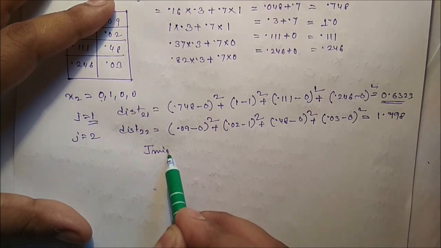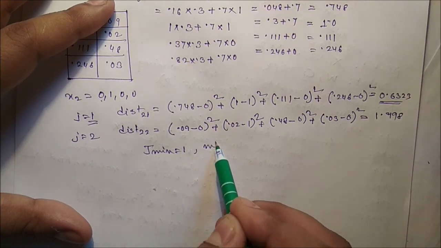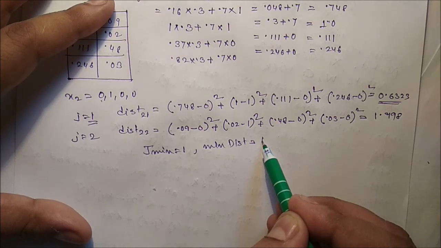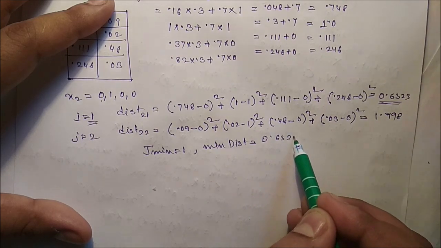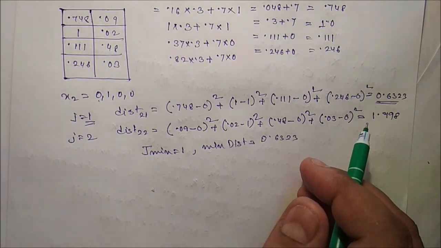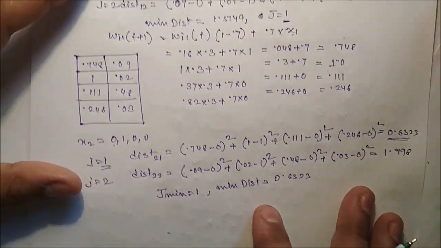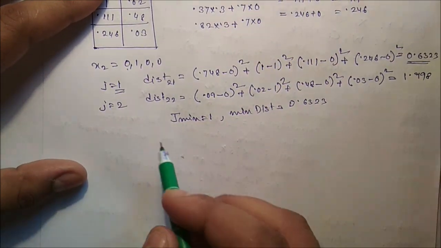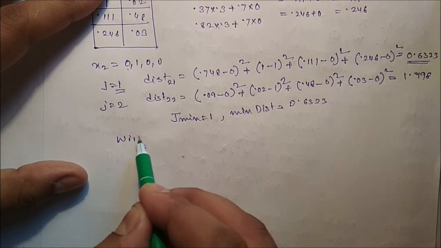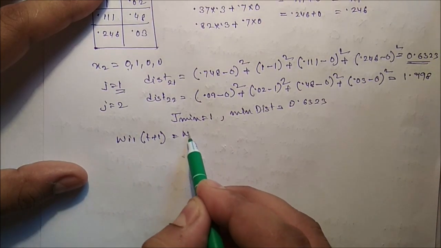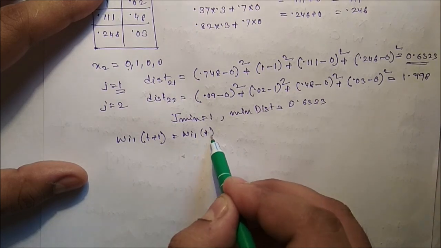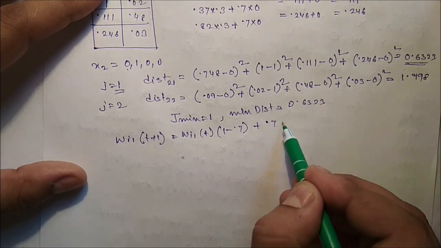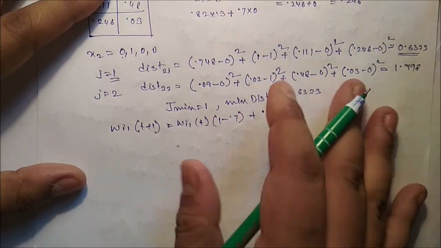That means j min is equal to 1 when the minimum distance is what? Minimum distance is 0.6323. So we have to update only this first column only. So the updated Wi1(t+1), same formula. It is 1 minus 0.7 plus 0.7 into x2. Okay, so